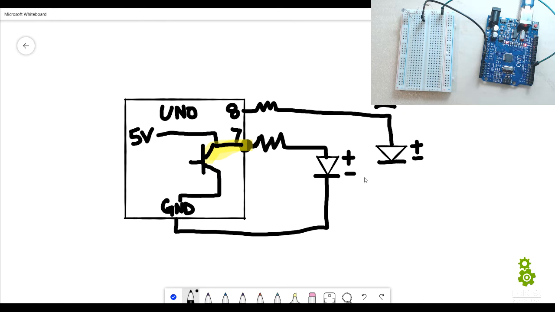Another light, and then to GND. Okay. So both the lights, the minuses, are both at GND. That's always going to be the case. But look at the plus. The plus side for